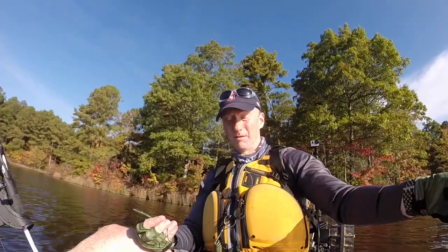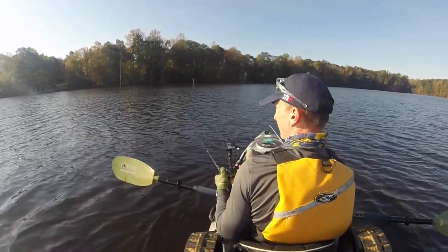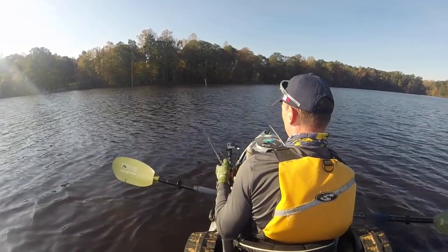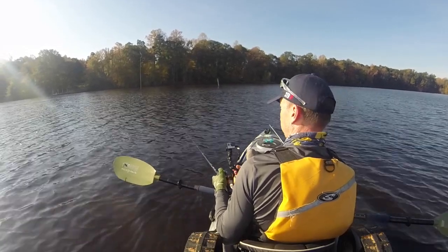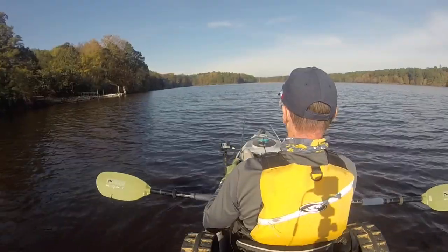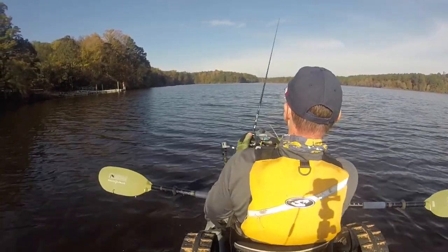Anchor. Okay, here's to hoping I can get a bite on this crankbait, and then we'll be done with the Slam. Sorry, I'm not going to complete it since I broke that jig off. There's one on the crank. Oh,